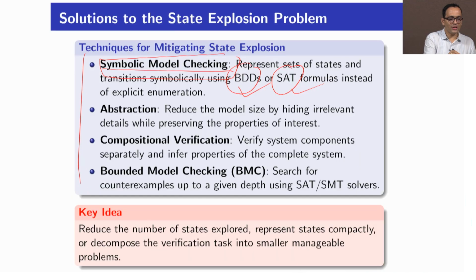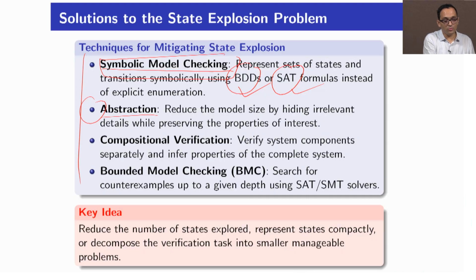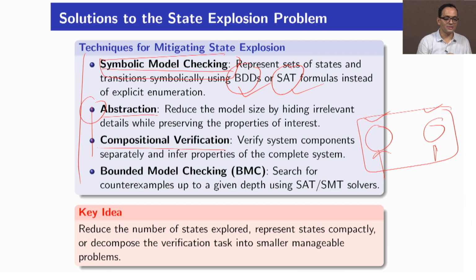Also, you can abstract out certain things. Whatever is not relevant, you can take an abstract model and check that, so that you do not need the explicit state space. You can also do compositional verification: you identify components and verify them independently, then abstract out the detail and verify the entire thing, combining abstraction and composition. Another important direction is bounded model checking. Instead of checking for infinite paths, you think of your paths as bounded by a limit. In hardware, although you think it can run infinitely, you can say if I am running for 10 cycles, I am confident that this output is correct, right. So I can make a bound